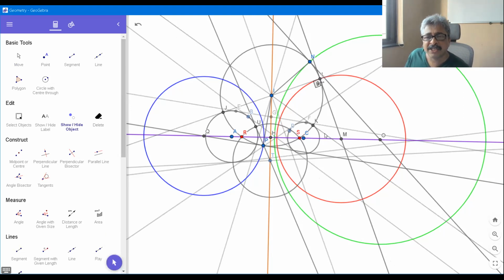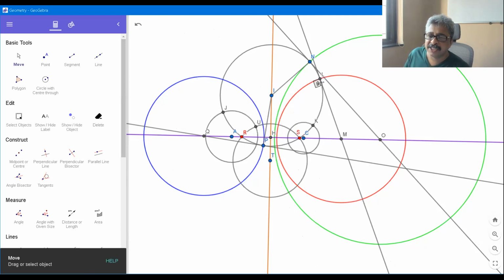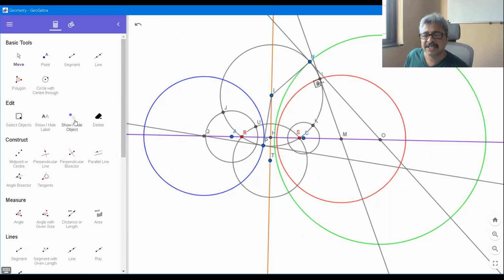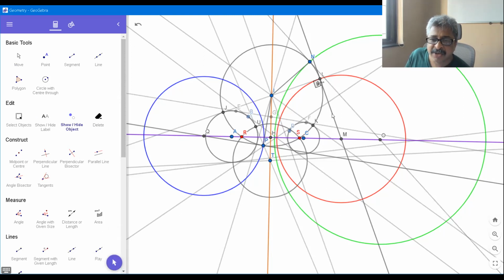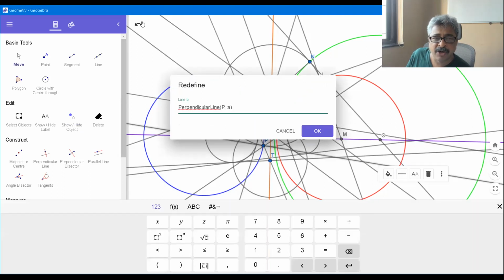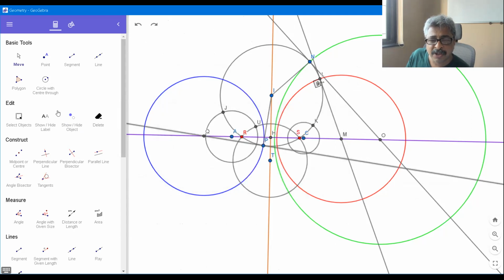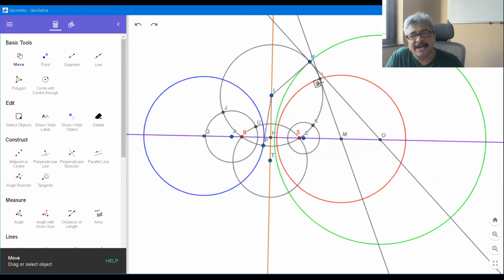The method of getting a coaxial family is: draw any orthogonal circle, draw any radius segment, draw a perpendicular. Its point of intersection with the line joining centers is the center and the length of the tangent is the radius. Draw the circle. So all the coaxial family of circles will pass through the gap between H and the given circle. This is the gap. I don't know whether my cursor is visible or not. All coaxial family of circles will pass through the gap and they are infinitely many and nobody will intersect each other.